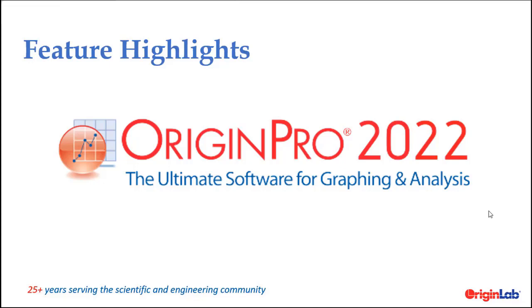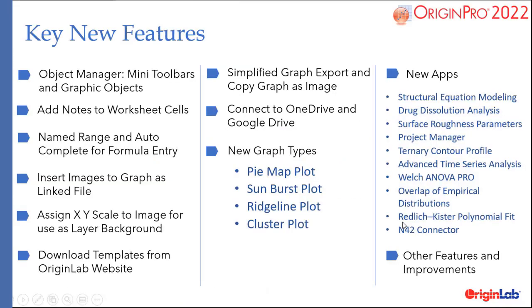This video is an overview of key features and improvements in Origin and OriginPro 2022. There are several key features that have been introduced, such as Object Manager to access graphic objects in a graph, add notes to worksheet cells, named range and autocomplete for calculations, inserting an image to a graph as a linked